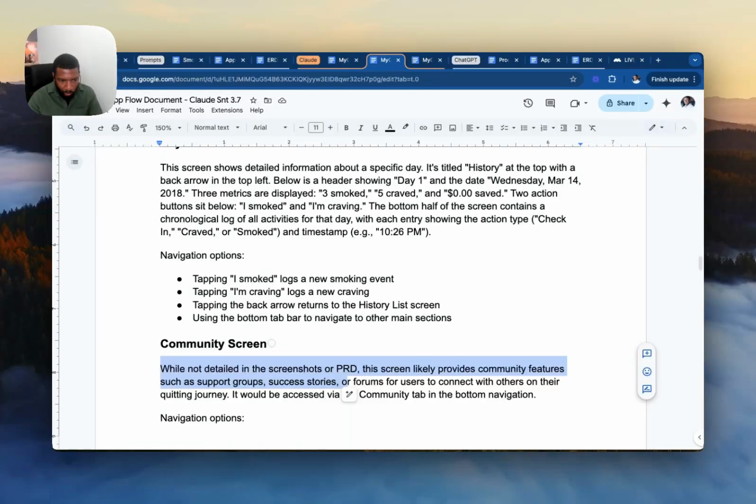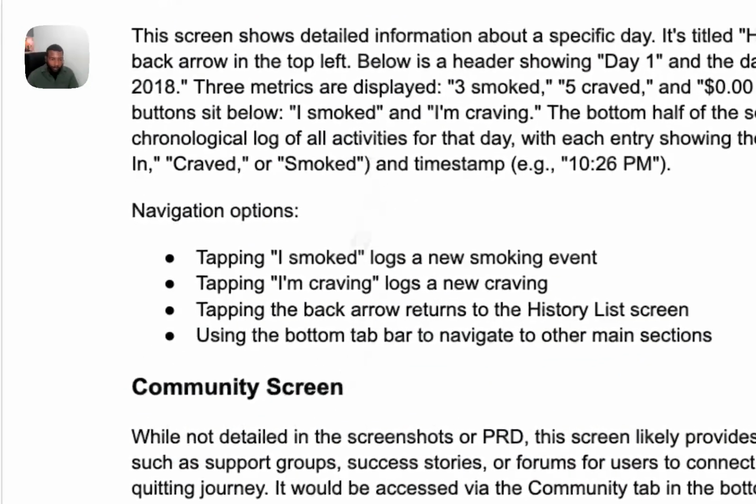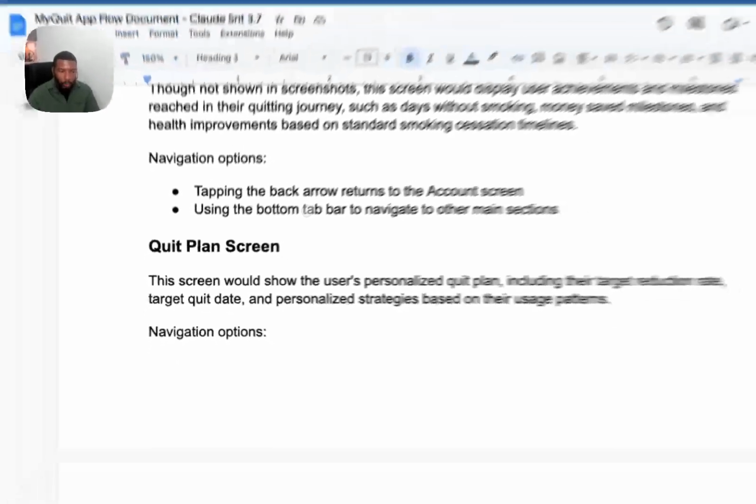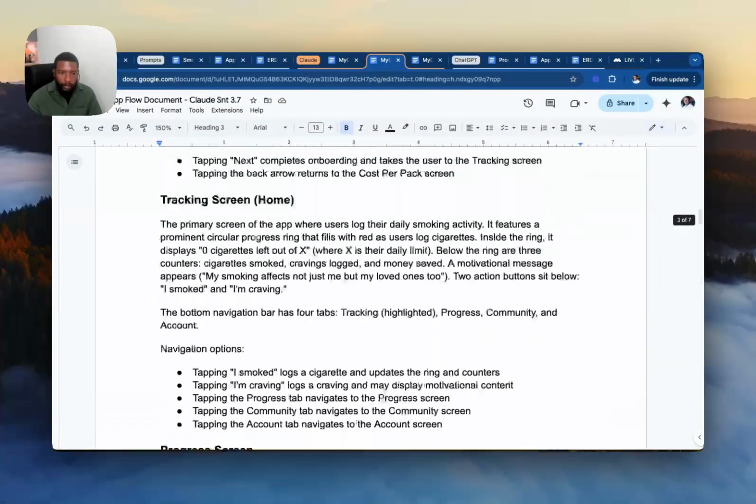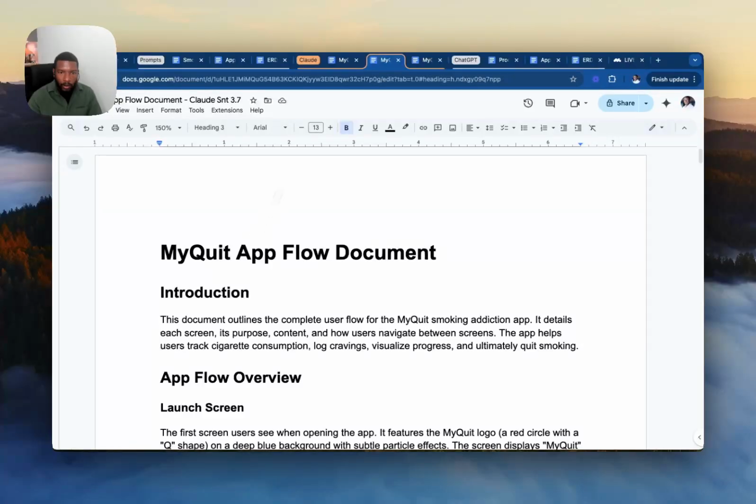So yeah, it introduced scope here, which I did not like. So yeah, just be aware of that. So it goes through each screen and it shares what the journey is. Once again, I'd give it like a 3 out of 5. Not terrible. You could probably still use it and build out the MVP of this, but I wanted something more